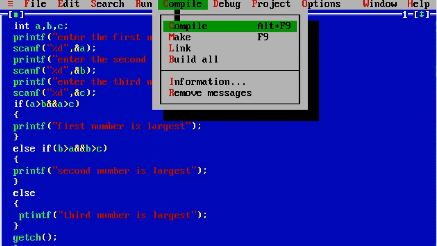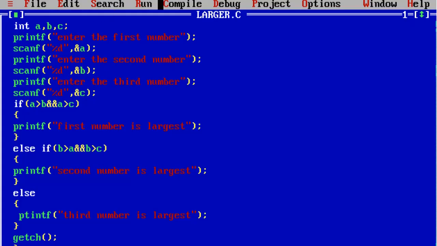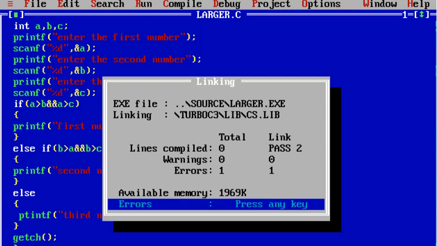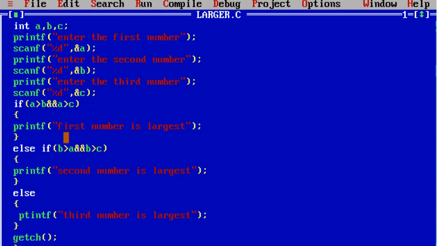Let me check it. Compile, run this program again. Okay, we are getting one error, somewhere we have a grammatical mistake.